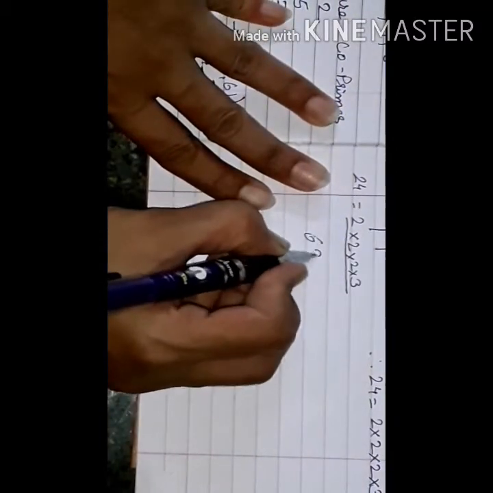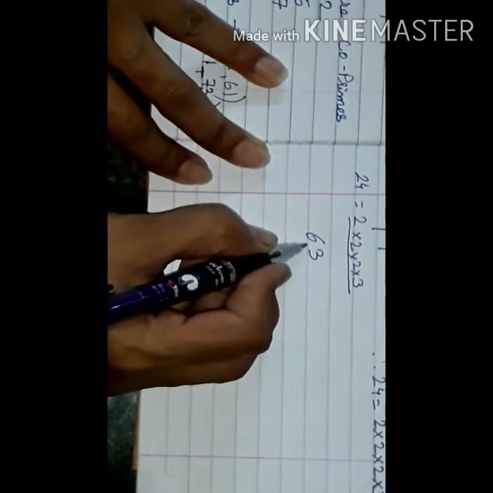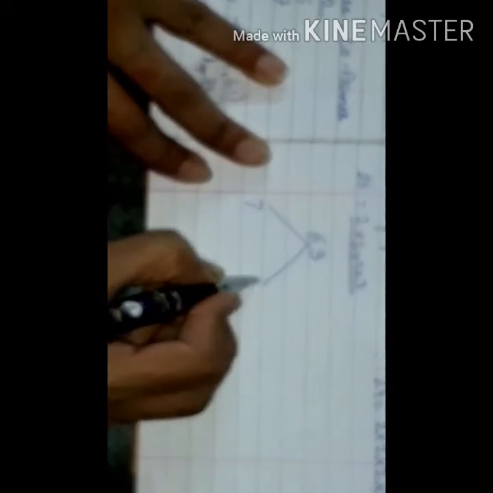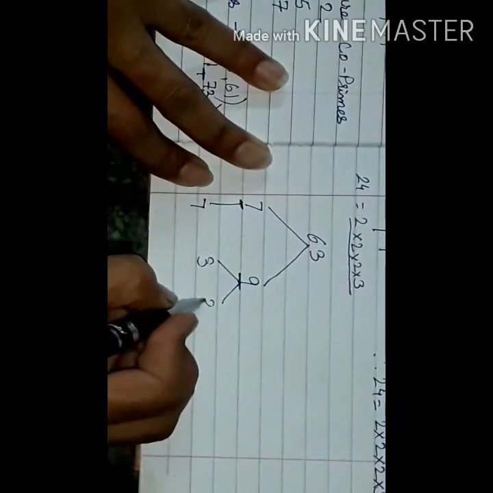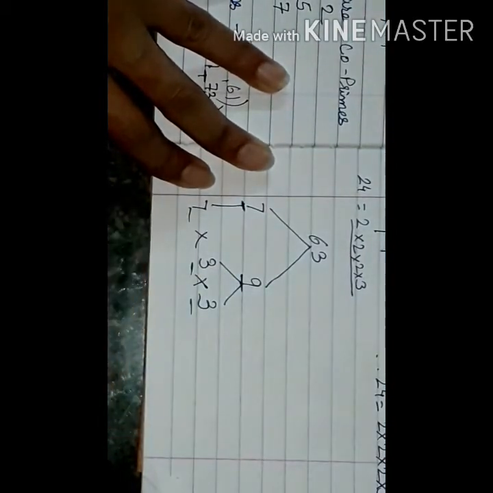There is one more section of numbers which are prime numbers. The number itself is a prime number, but some numbers can be factorized and solved into the primes. I'll show you the number 63. Got it? Now how are you going to factorize 63? 63 comes in the table of 7 and 9. Now 7 is itself a prime number, so you carry forward 7 as it is, but 9 is not a prime number, so you can write it as 3 3s are 9. When you multiply these three numbers, you get the product 63.